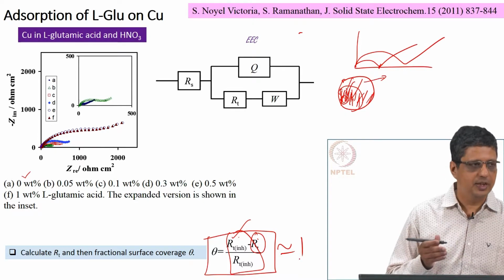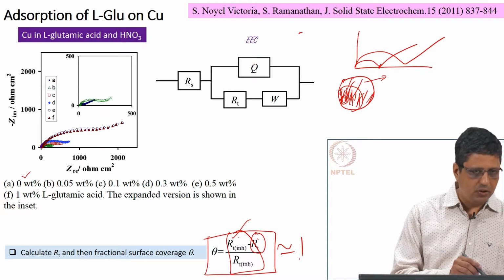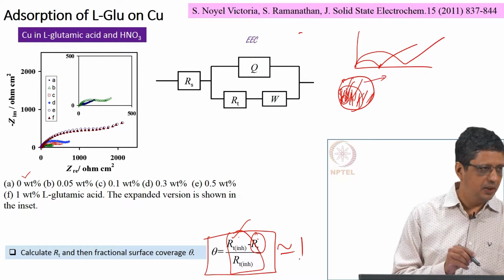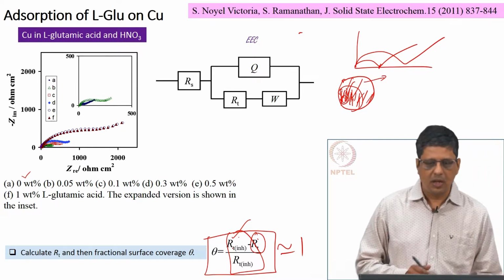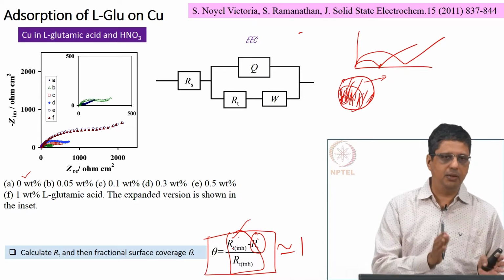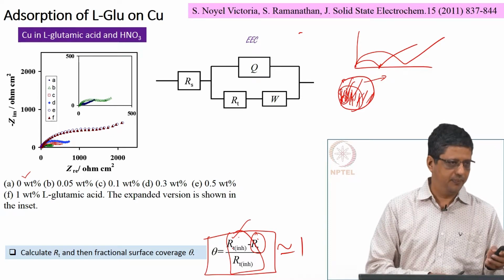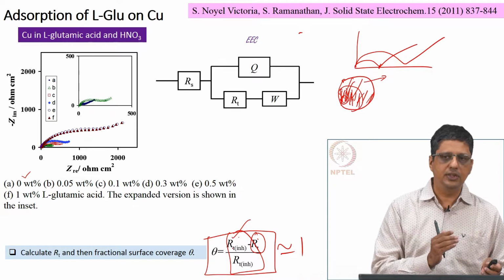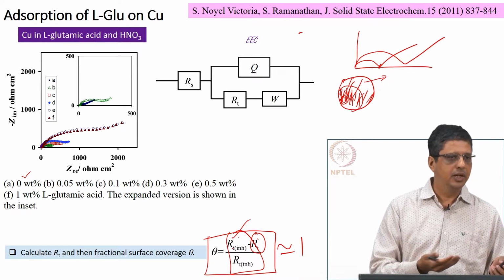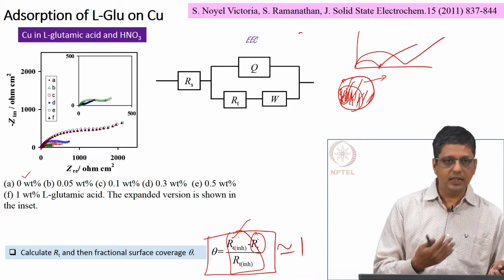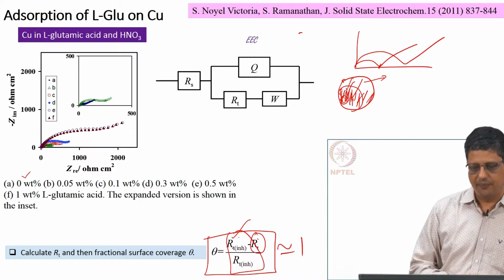From the RT value of this electrode with inhibitor and without inhibitor, we estimate this surface coverage. Because we expect this to be just a physical process of adsorption and blocking. So, it is effectively reducing the area of the electrode available for the reaction. So, that is how that reduces the net corrosion rate, or that is how we visualize this process.